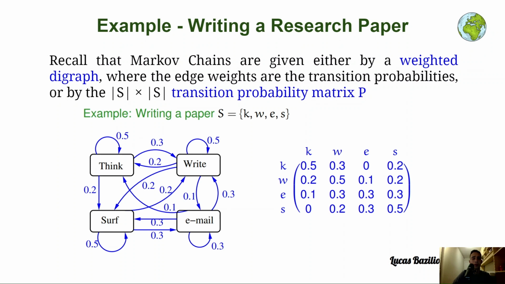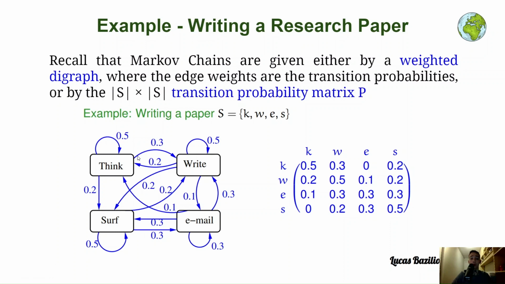Let us take a look at this example, at this Markov chain that represents the process of writing a research paper. Note that in this Markov chain we have both representations, the weighted digraph, and we also have the transition probability matrix P. We can see how we have 4 states. For instance, we have the state of think, the state of write, the state of search, and the state of email. Here we can see that from the state think, we will go to the state search with probability 0.2,